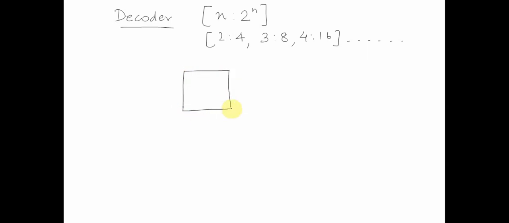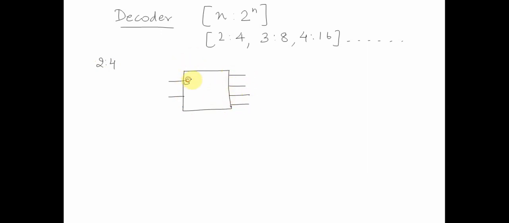When we say decoder, we say it's an N to 2^N decoder. Basically, this would mean a 2 to 4 decoder, or a 3 to 8 decoder, or a 4 to 16 decoder, and so on. An N to 2^N decoder uses its n-bit input to determine which of the 2^N outputs will be uniquely activated. So if we have a combinational circuit here, a 2 to 4 decoder, we have two inputs and four outputs,